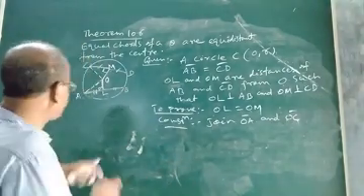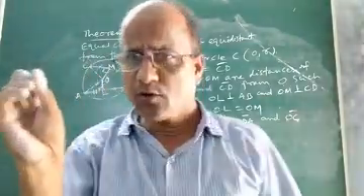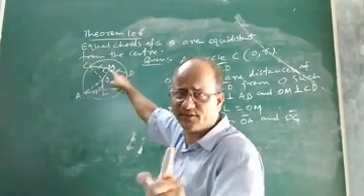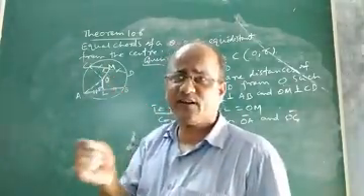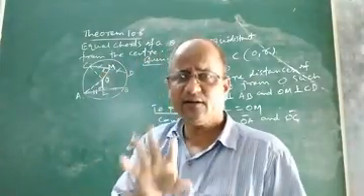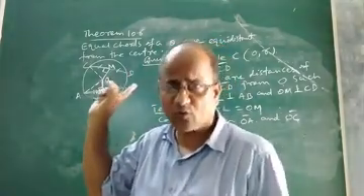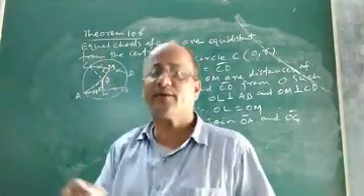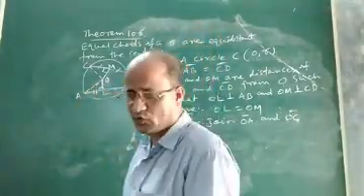Now children, our aim is to prove OL equal to OM. To prove this, we just need to show that this triangle and this triangle are congruent. If the two triangles can be proved congruent by some method, some criteria or some condition, then automatically OL and OM will be equal by CPCT. So let us see how we will prove the congruency of these two triangles.